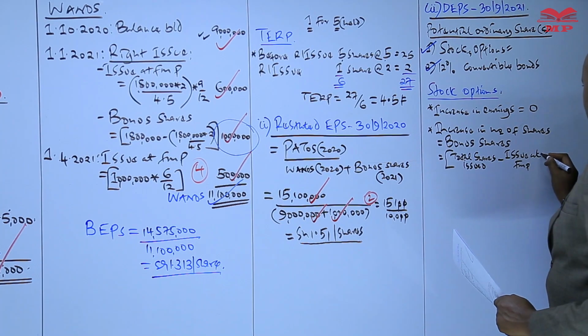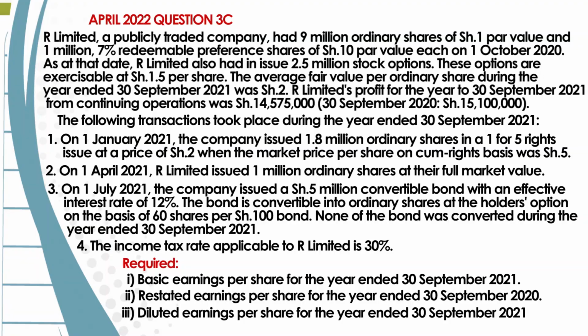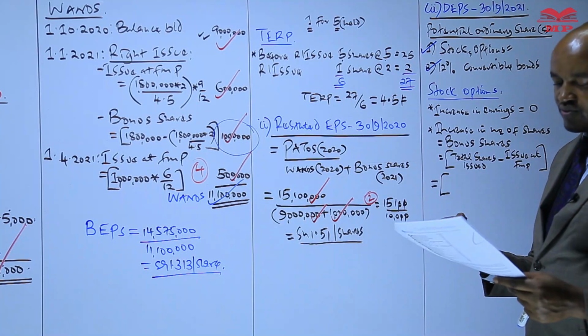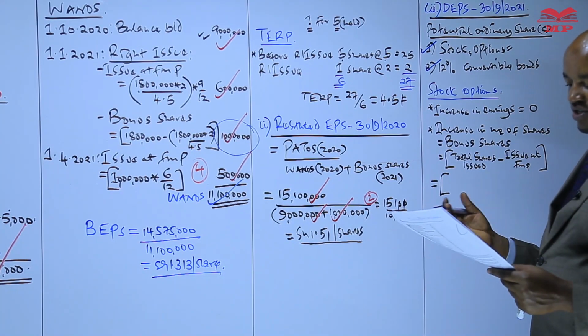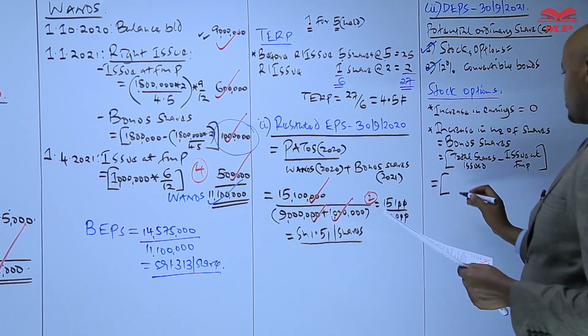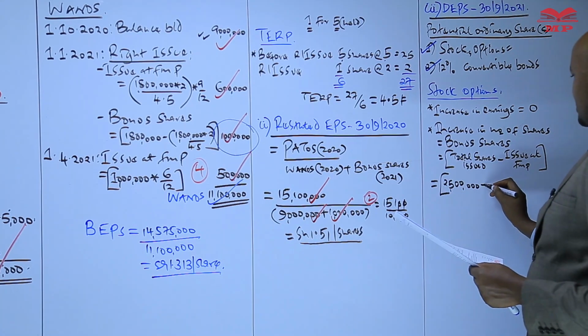So how many shares would have been issued to them at full market price? As per the information given in paragraph 2, we are told that as at the start of the year, this company had granted the employees 2.5 million stock options. A stock option is a right, and unless told otherwise, you assume one stock option is equivalent to one share. So if the employees exercise the stock option during the current year, then they would have been issued